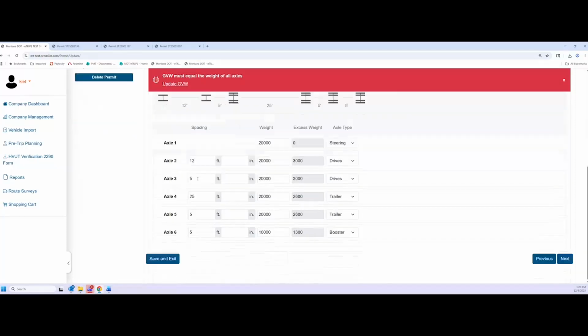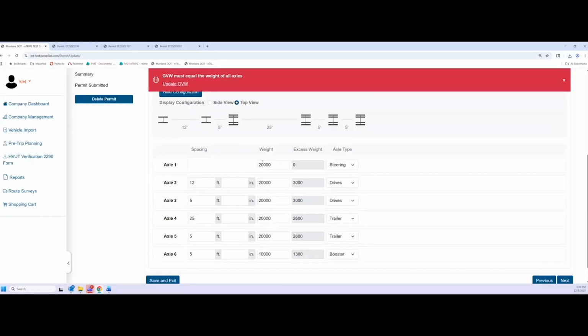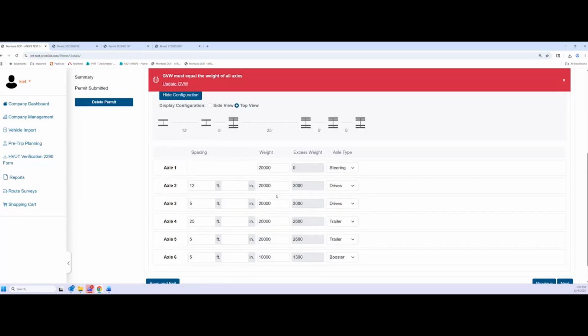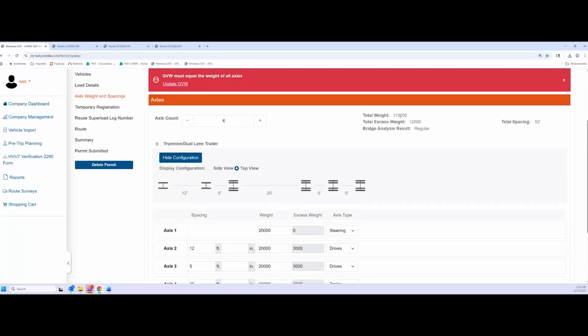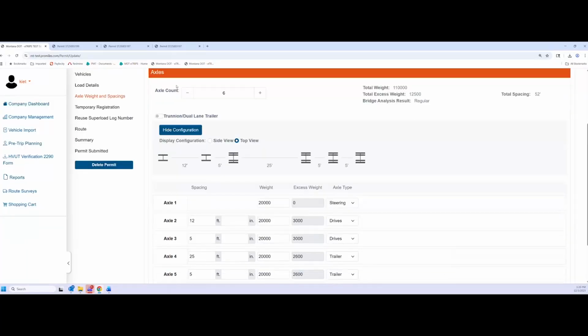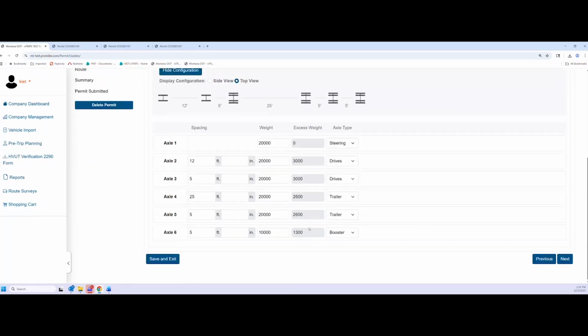So I have the option here to either, maybe I mistyped my weight, redo my weights on this page so that they're equal to 100,000. Or if I entered my weights correctly and my GVW should be 110, if I hit update GVW, that updates my GVW on the previous page to 110. So I don't have to go back and change it. So now my GVW is 110 based on what I entered here. And then if I hit next,